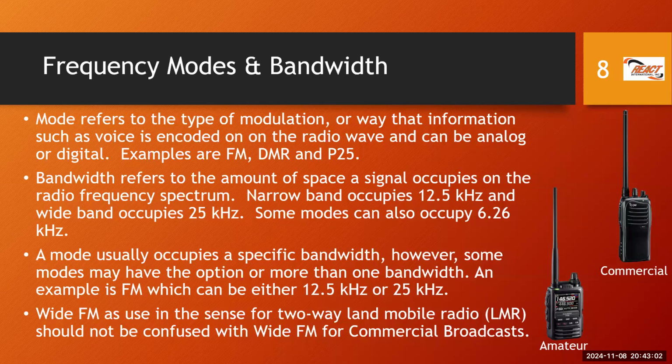So first of all, we refer to frequency, and frequency will be the actual carrier wave frequency that we are using at any point in time. So a channel may be channel 1, and I may be transmitting on frequency 150.345. That is a frequency, right? And that'll be 150.345 megahertz. That's a frequency, but it's on channel 1.